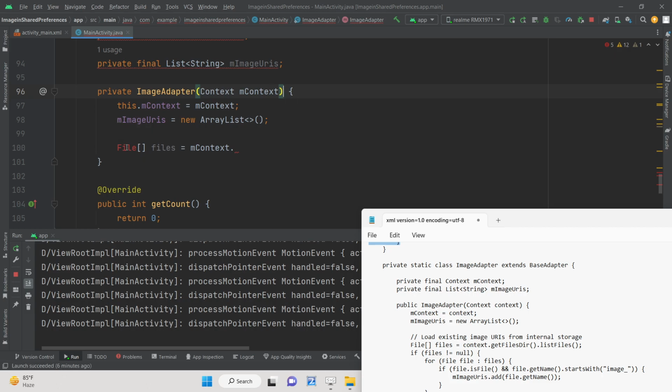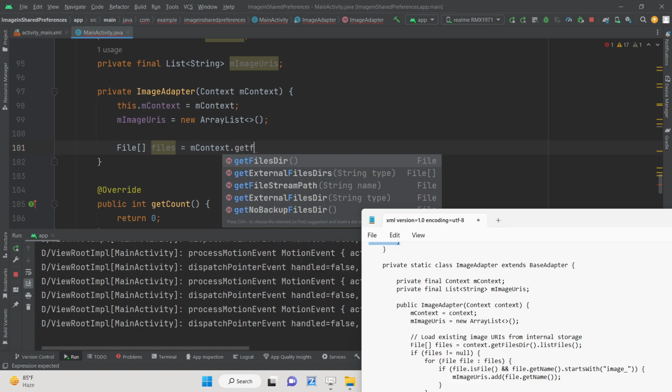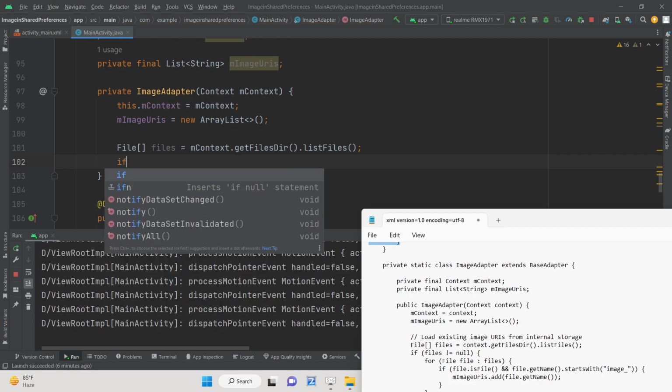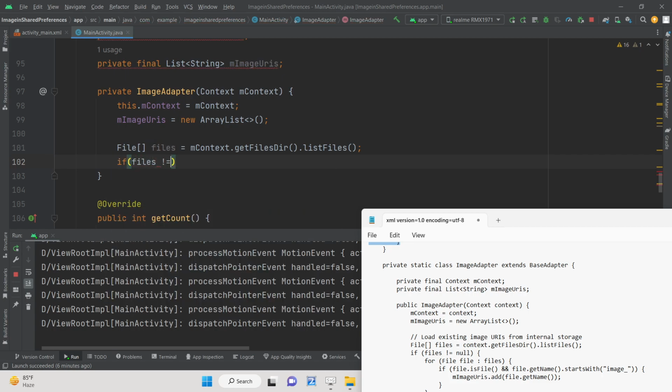So import this class, and here we'll say mContext.getFilesDir, and it contains a method listFiles. And here we'll say if files is not equal to null, if some files are present, in that case we will use a for loop. We will say for each file